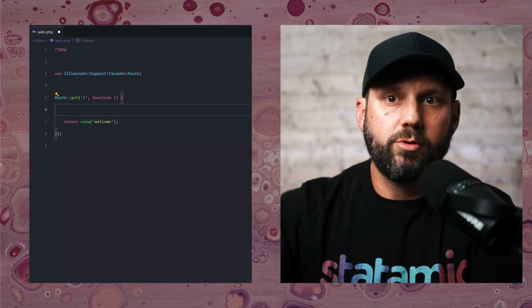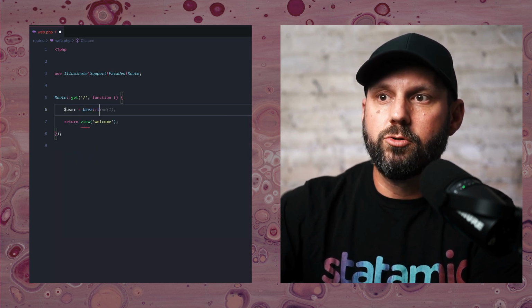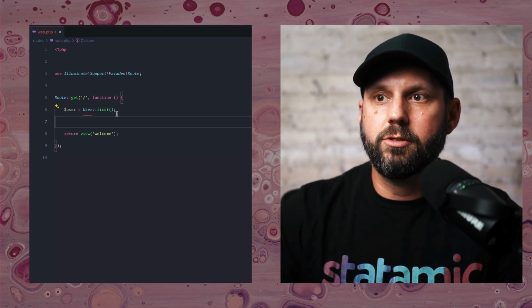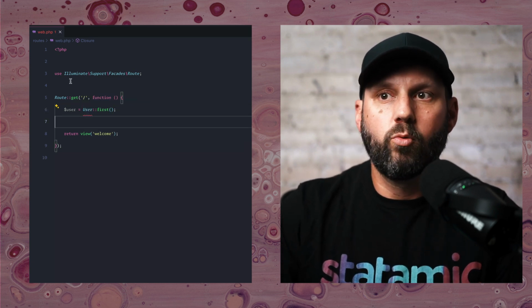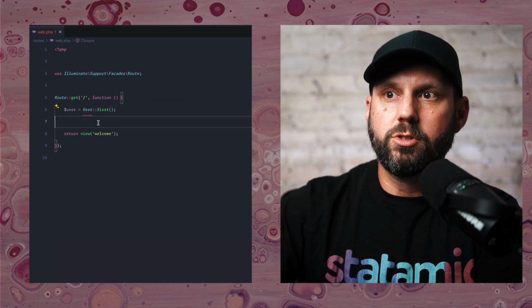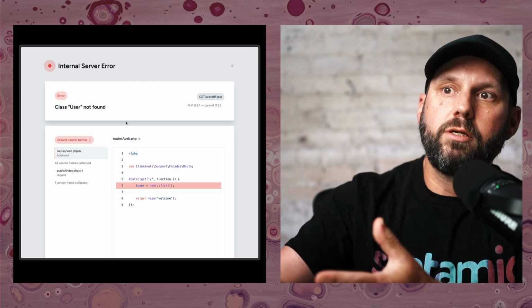And what we can do is just generate an error. So let's do user equals user first. And that should generate an error, as you can see the squiggly lines, because we're not importing the namespace. All right, so let's switch over to our browser and load it up, and you can see we have the